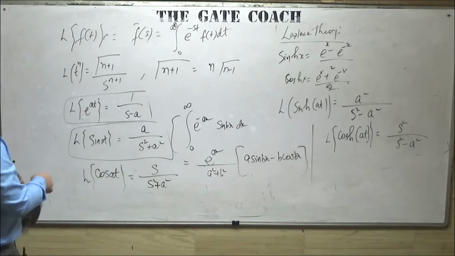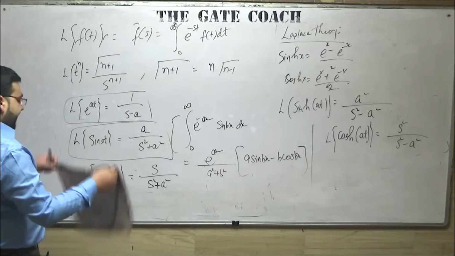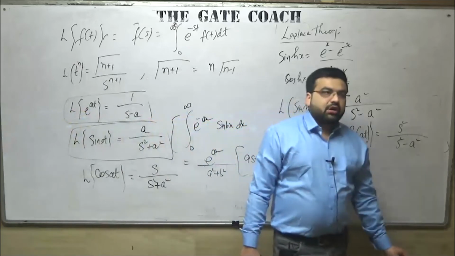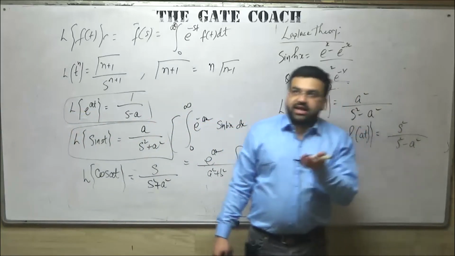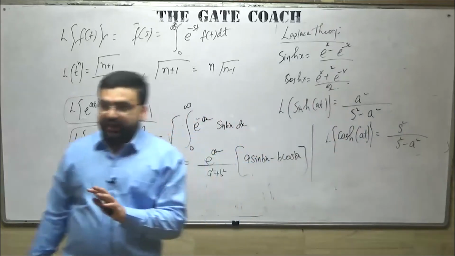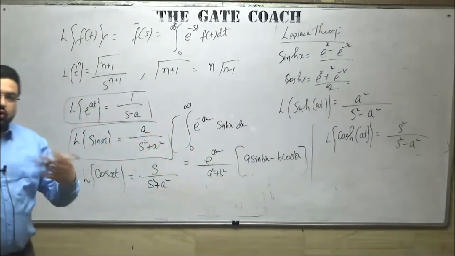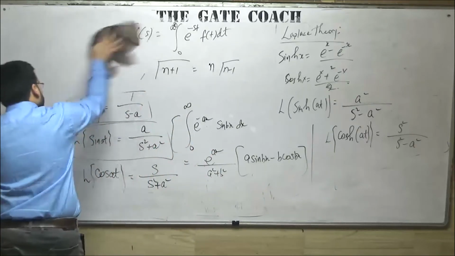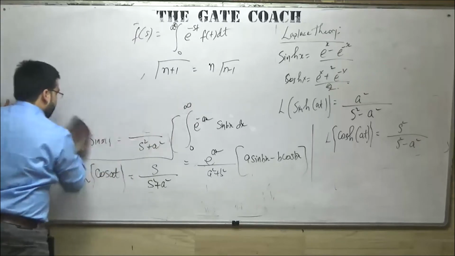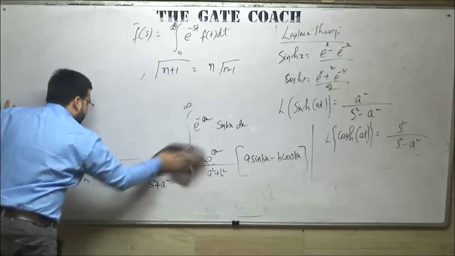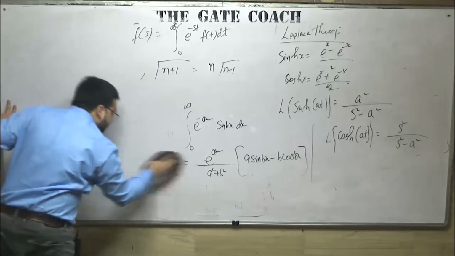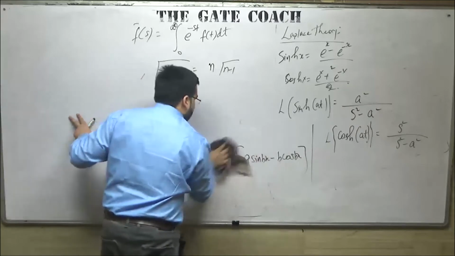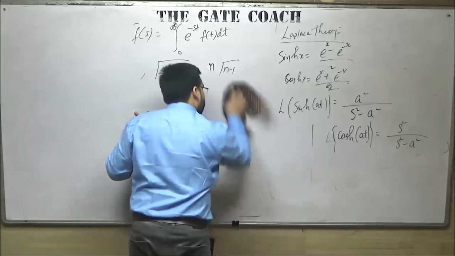Then we discussed some properties of the Laplace transform while solving any question. For example, apart from these elementary functions, let us say it is given to you to calculate the Laplace transform of e raised to power at into cos at. So it is a product of two functions. Now how to apply the properties of Laplace we discussed. How these properties have been derived, that also we discussed in the class. But here in the revision session I am just writing the properties. I will not be deriving them.